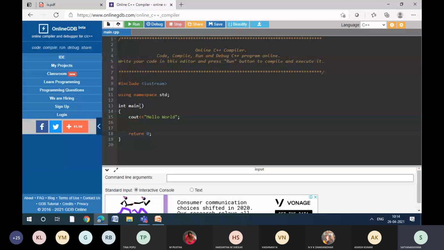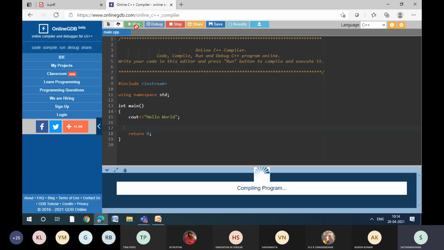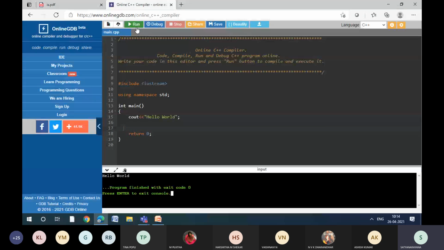Now we have written the main function, then cout hello world. Now you can see here, it's going to print whatever we have written in the cout. So this is how C++ programming is going to be. I'm just showing the structure of a C++ program.